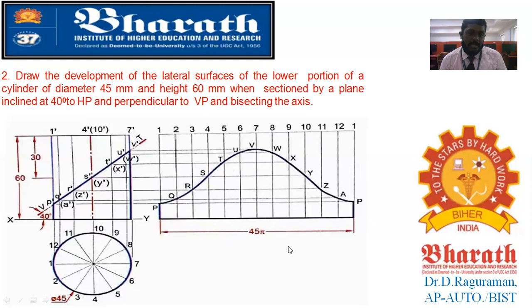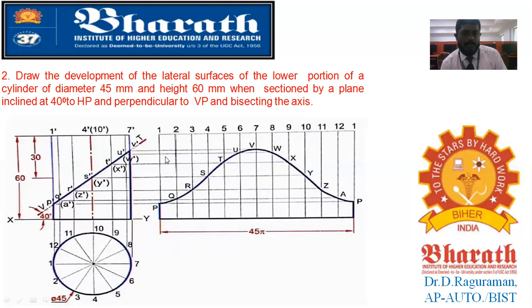How to divide it into equal 12 divisions? You have a geometrical construction procedure. Draw a line at any angle less than 30 degrees, and on that line you can take 120 mm, because you are going to divide into 12 divisions. So you can take 12 mm parts and make 12 equal parts. By that methodology, whatever we had already followed in the case of the cycloid and involute in the first unit, the concept you are reusing, and you can divide this circumference into 12 equal divisions.